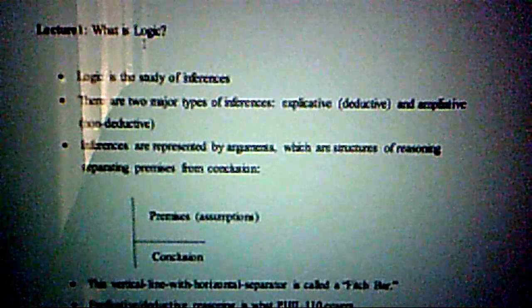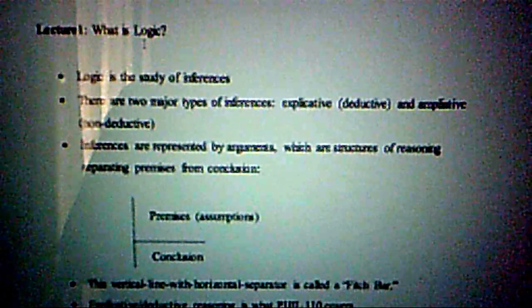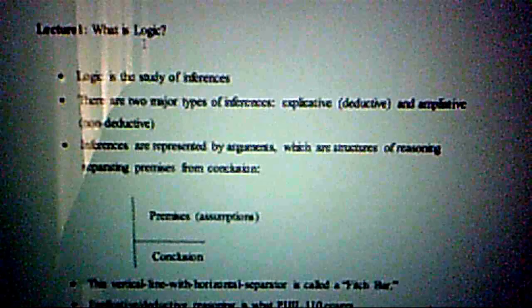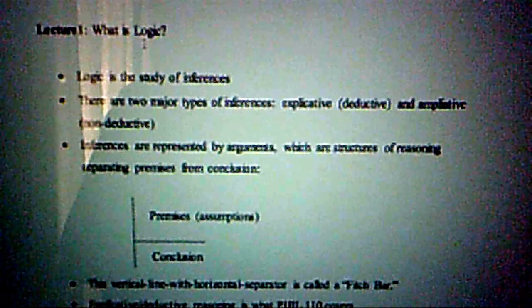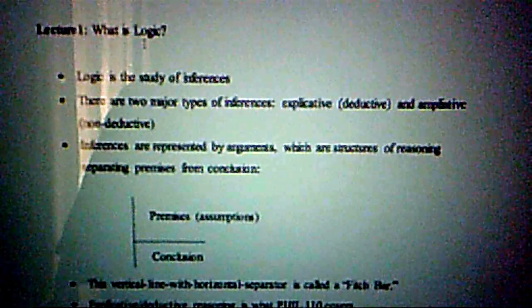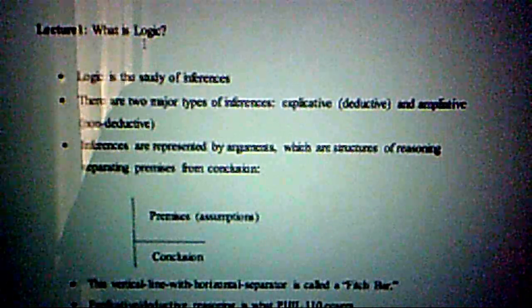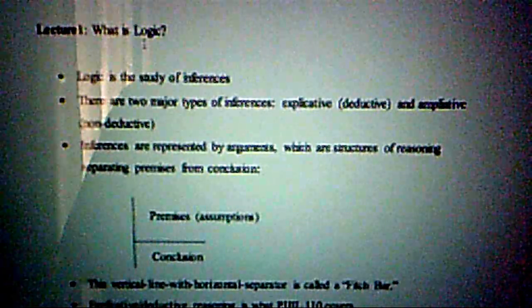What logic's trying to do is step back from that playing field, that natural playing field, and then try to systemically and systematically represent some of the inferences we make. We can't capture them all, there's too many, but we try to capture what we can so that, in a sense, we're not enslaved by our inferences. We're not enslaved by the trajectory of our thoughts.